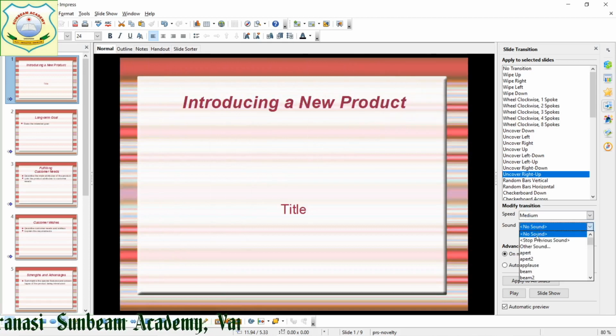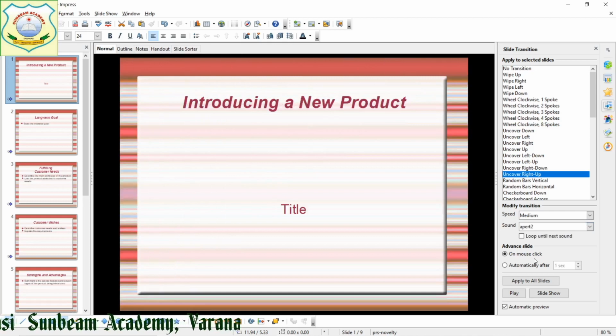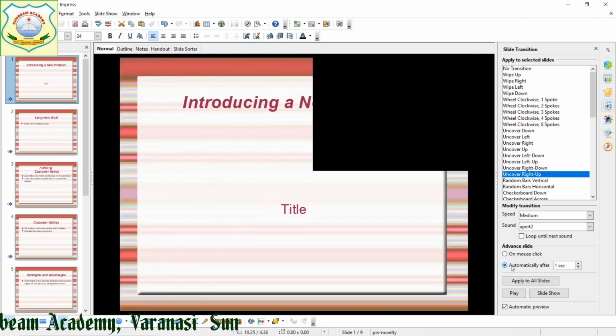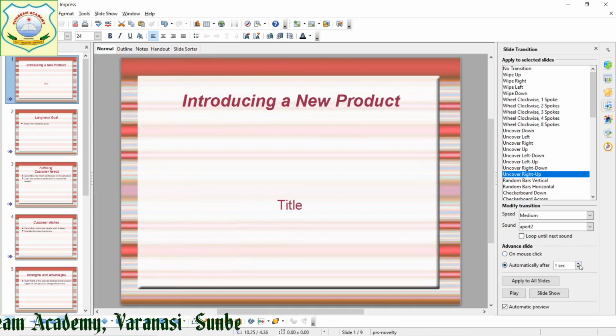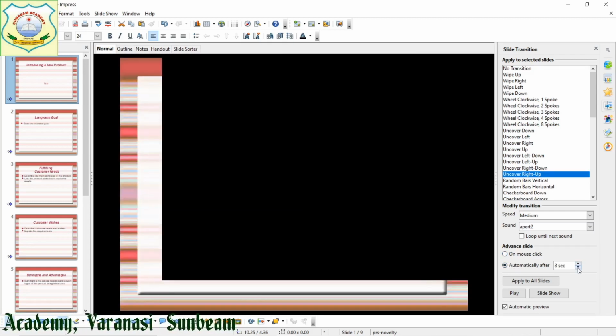Now the next is sound. If you want to give sound, it has come. Right? Now it is given on mouse click. Here you can set it to advance automatically after 1 second. Suppose I am going to give 3 seconds.